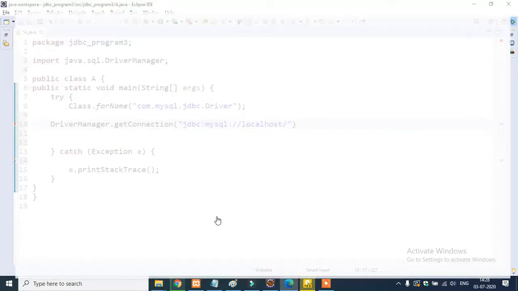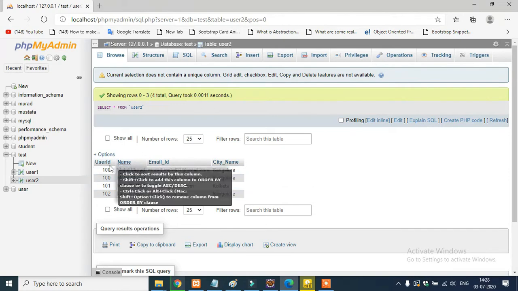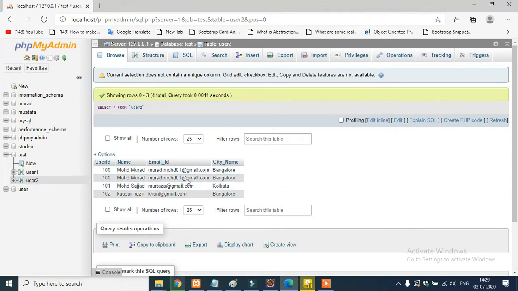And guys, when I go to the database and browse, you see I've already created a database named test, and a table with the name user is created out here, and I've already inserted some data inside this user table.